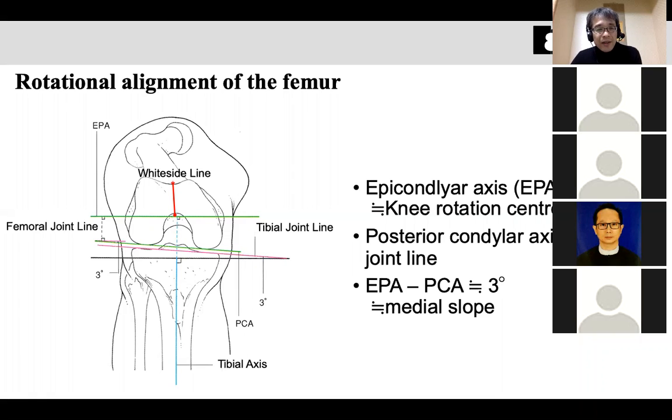So again, we should decide the rotation angle, referring to the epicondylar axis or PCA and make it 3 degrees or 5 degrees, and the Whiteside line. Because unlike the tibia side, deciding the femoral rotation axis is quite difficult, so we need to know some bony landmarks and refer to them, and make a precise decision to decide the rotation axis. Okay,